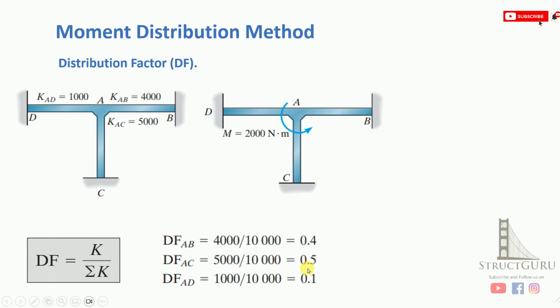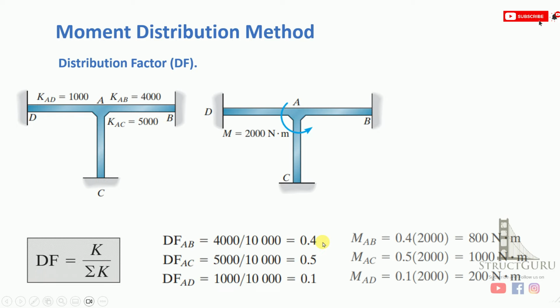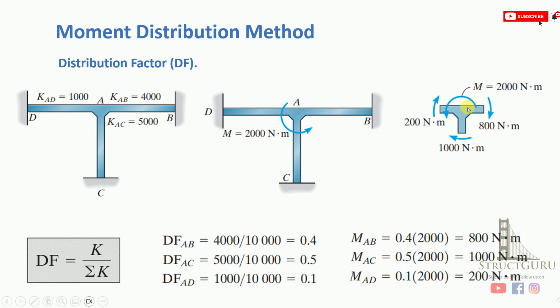So now you just need to multiply the moment which is acting on a joint with these factors, and this will give you the actual moment that is to be supported by the members. Remember this: when you apply the distribution factor, if this moment is acting anti-clockwise, then in order to resist this moment, these members have to apply the moment in the opposite direction, that means clockwise. This is how the free body diagrams look like,